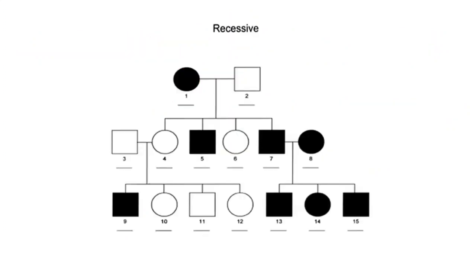One more thing you have to see: in this case you will say, ma'am, there is no skip of generation, as in the first generation there are affected individuals, in the second generation also affected individuals are present, and in the third generation also. So is it recessive or is it dominant? For this I will tell you a simple thing. Here you can see that the third ninth, this son is affected, while his parents, this third and fourth, are not affected. So here also the skip of generation is occurring.